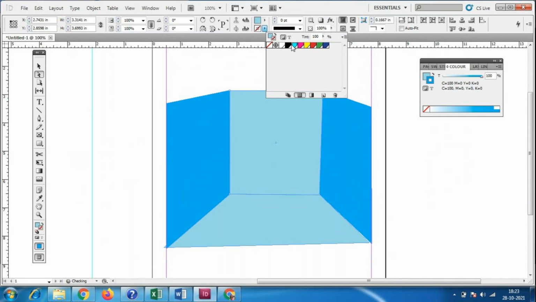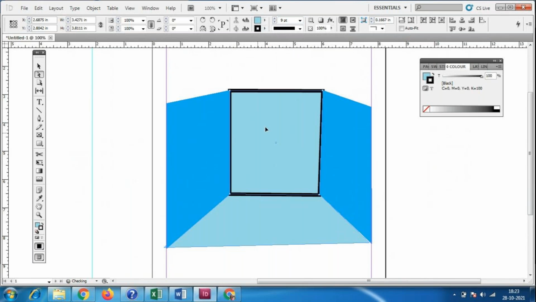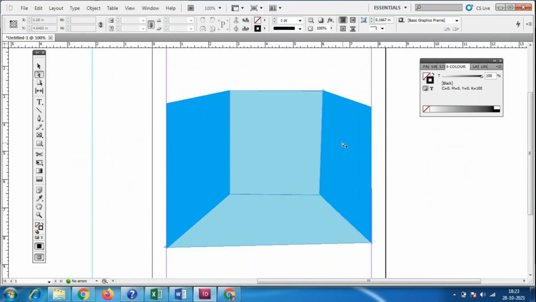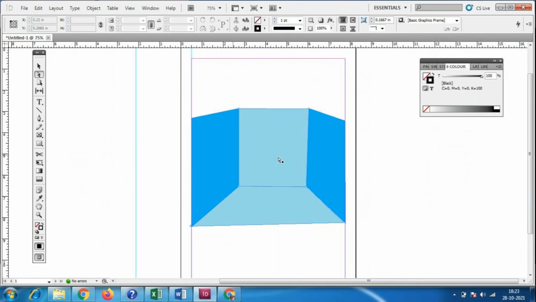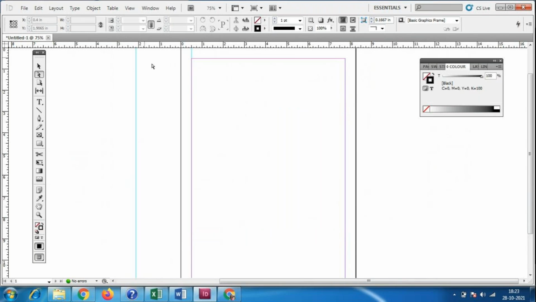Okay, so then you have to increase the thickness of the outlines, and only then can you see the outline color. Here, a 2D shape becomes a kind of 3D box. This is what we can make with InDesign. Very basic things. Next we will go to the simple tool called the line tool.